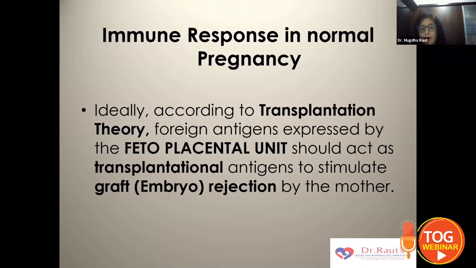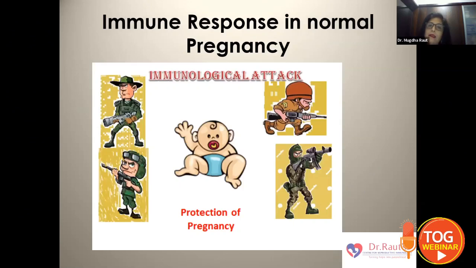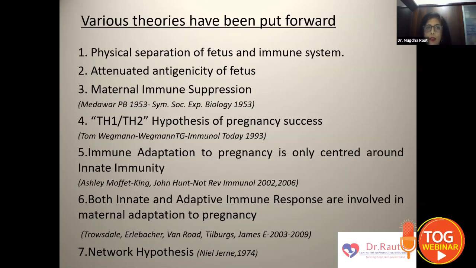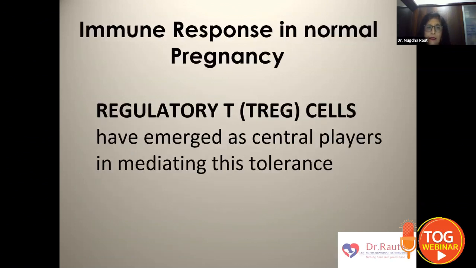Because according to the transplantation theory, ideally, foreign antigens expressed by the fetoplacental unit should act as transplantational antigens to stimulate a graft, that is embryo rejection by the mother. But this does not happen in the majority of pregnancies, and a pregnancy is prevented from immunological attack. Now, various theories have been put forward, like physical separation of the fetus and the immune system, attenuated antigenicity of the fetus, maternal immune suppression, Th1, Th2 hypothesis, immune adaptation, innate and adaptive immunity, and various network hypotheses. There are many theories. But,